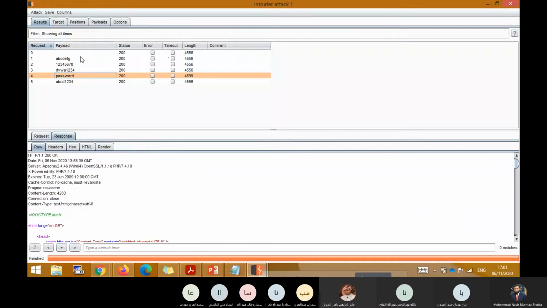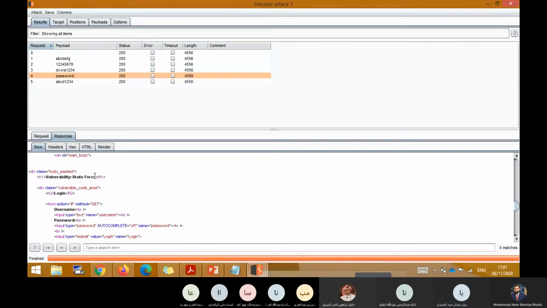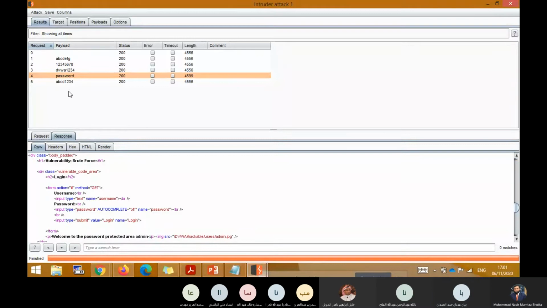If there are millions or thousands of passwords, and we give this list here, and nothing comes up, everything is the same, how would we know that there is a correct password? Understand or not? Yes, doctor.